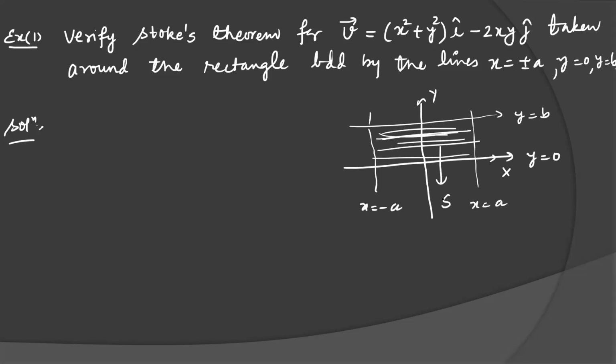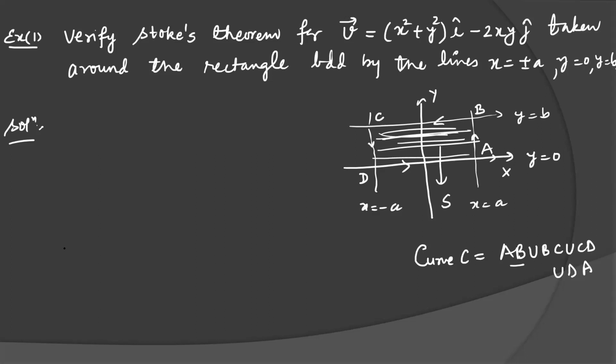This is your surface actually. These boundaries are curve C. Suppose this is your A, this is your B, this is your C, this is your D. So curve C is equal to AB union BC union CD union DA. This is the closed boundary of the region, capital S, the region inside this rectangle actually.